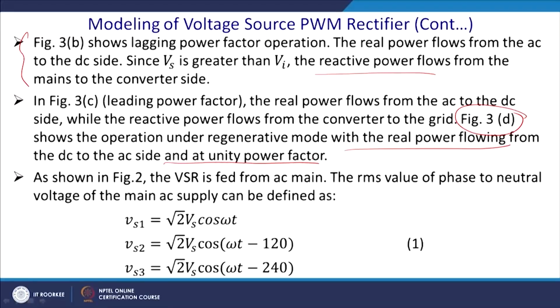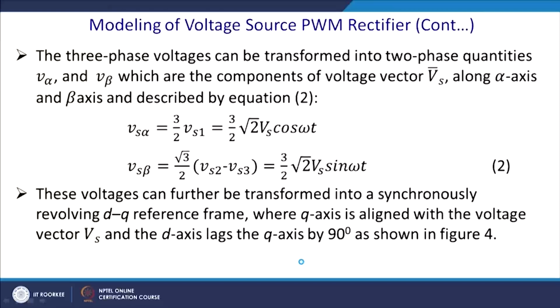In figure 2 we have seen that the VSR is fed from the AC mains, and the RMS value of the phase to neutral voltage of the main AC supply can be defined as these three, with unity power factor and 120 degree phase shifted balanced 3 phase load. Now, we shall continue to model this in the stationary reference frame, the alpha beta frame. So, the 3 phase voltage can be transformed into 2 phase electrical quantities, called the stationary alpha beta frame, V alpha and V beta,